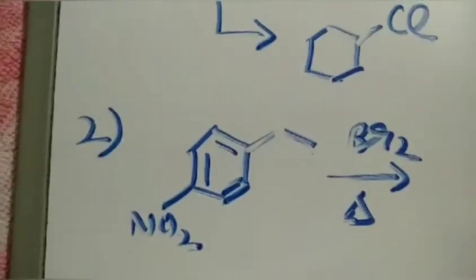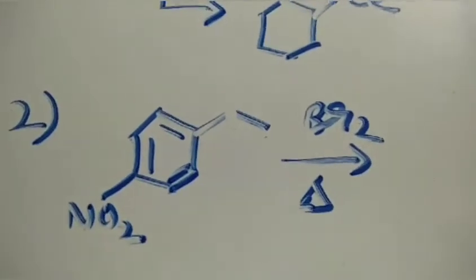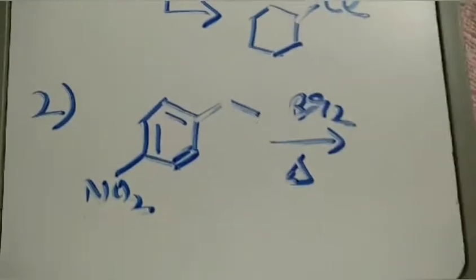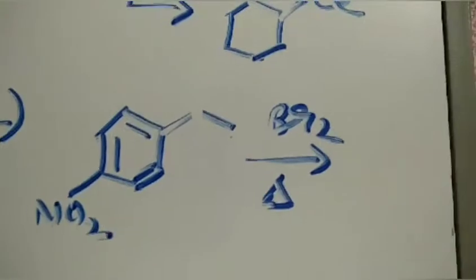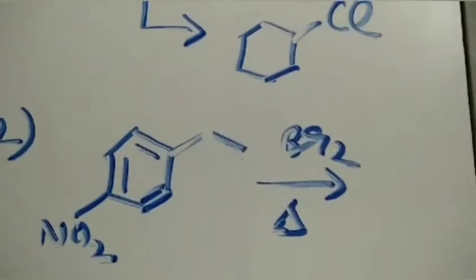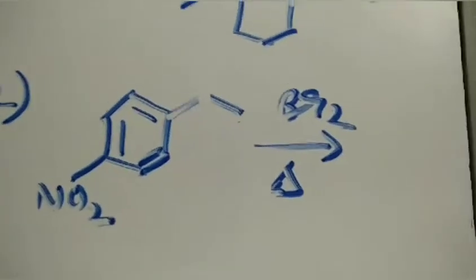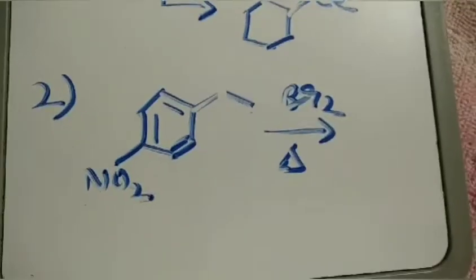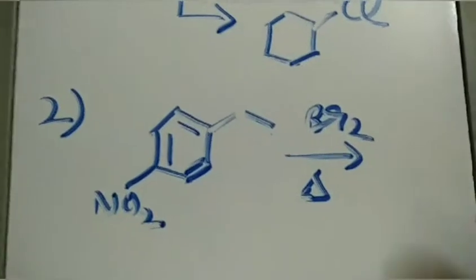Now which is dominant, which will be formed more? In the question they have asked to draw the structures of the major monohalo products. How do we decide the major product? Generally in organic chemistry, major products are decided by the stability of the intermediate formed. Not always, but in most cases, at least for the board exam, you can consider that. This free radical formed here is more stable, because